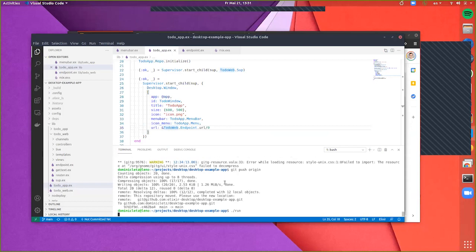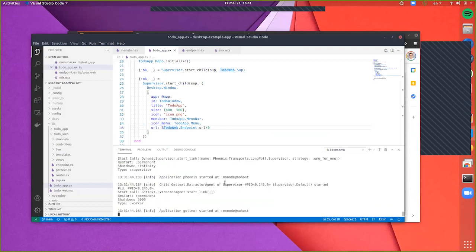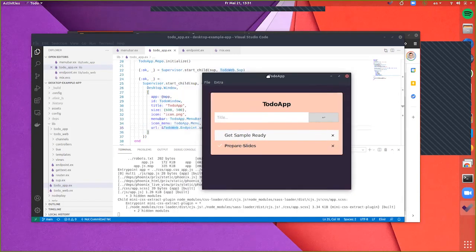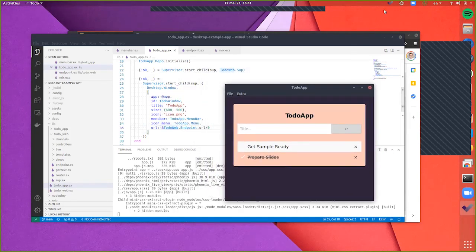And we're gonna run this application here. And here is our little to-do application. So it comes up, it's a window. We have up here, if I click this, there is a menu. And so that is what we actually passed in the icon menu down here. It's similar to a LiveView, just that it's a menu being rendered up here, like as a native OS menu.